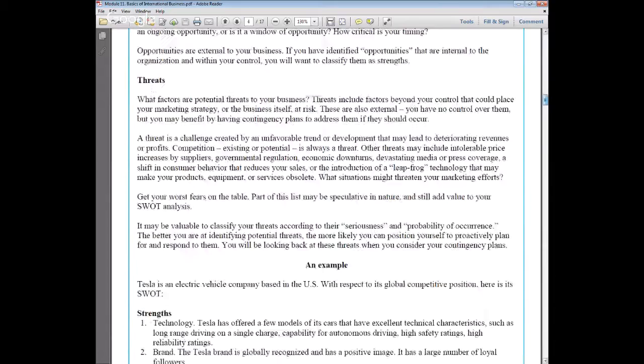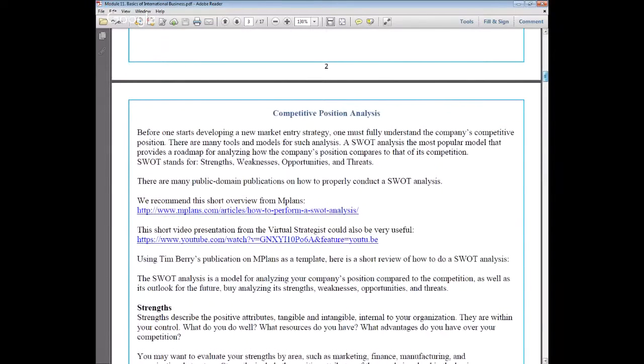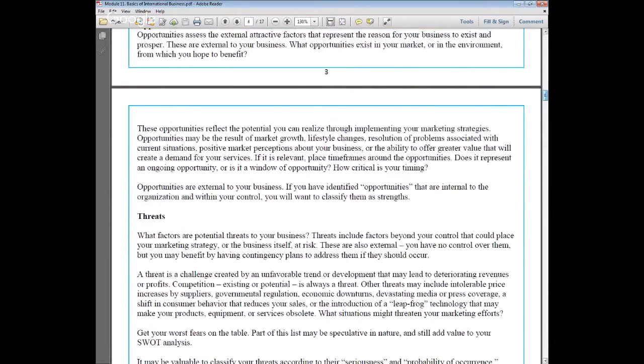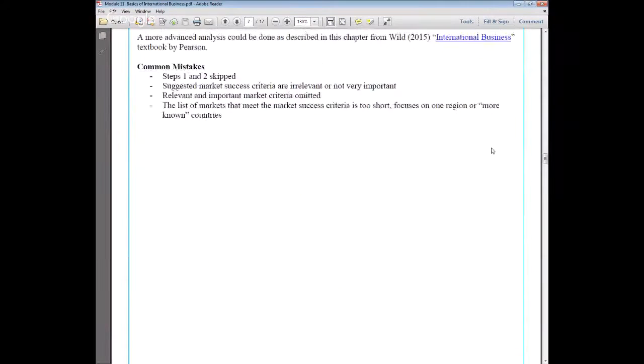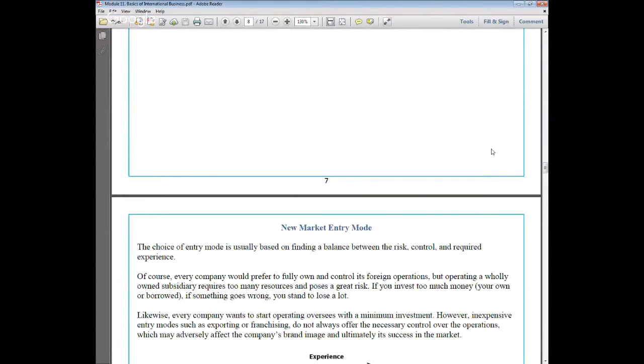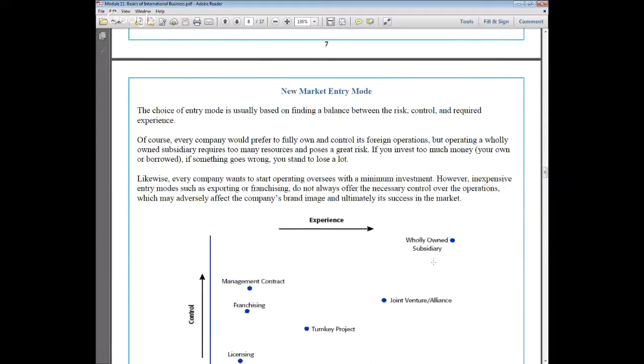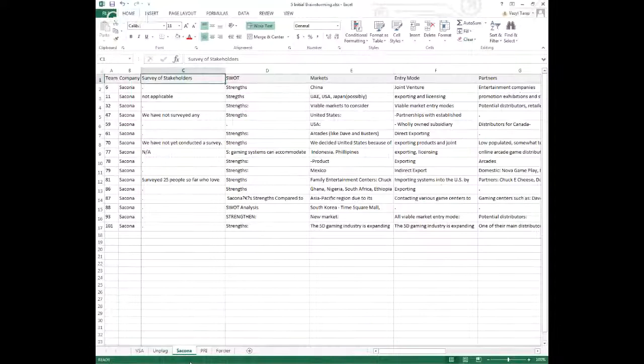let me go here. So do some introduction and then do the competition analysis, right? Competitive position of the company, and then select the market, and then new market entry mode and stuff like that. And so you can read in detail as to what the students need to answer. In fact, not only will you see here a description of what the students need to answer. Sorry, I opened their own file. Sakona is here.